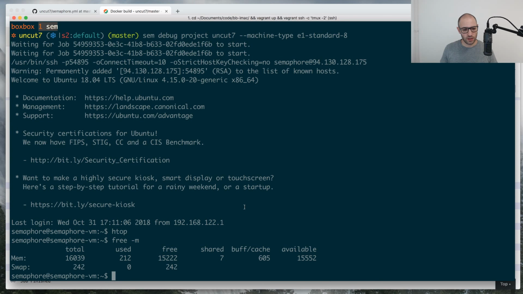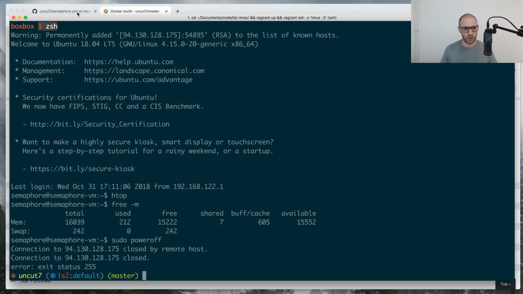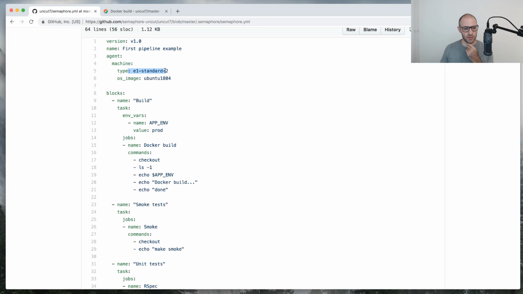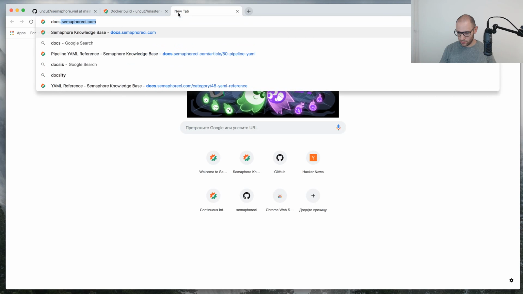Okay. What else is very important is how you can specify those machine types in your pipeline. So what we have seen so far is that for your whole pipeline you can specify one machine type. However, you can override machine type in any of your blocks. And to just check that,